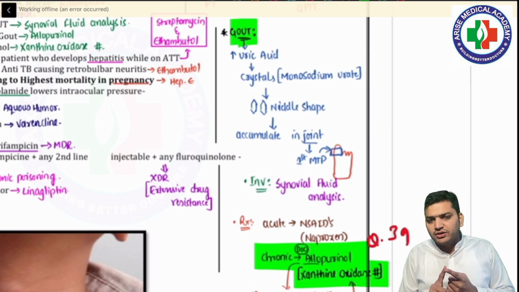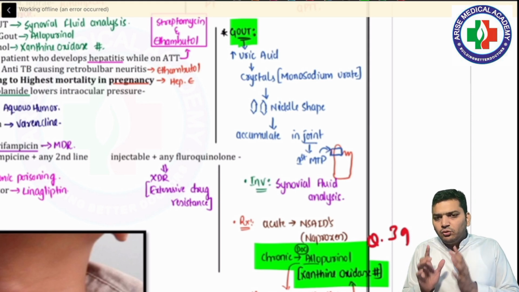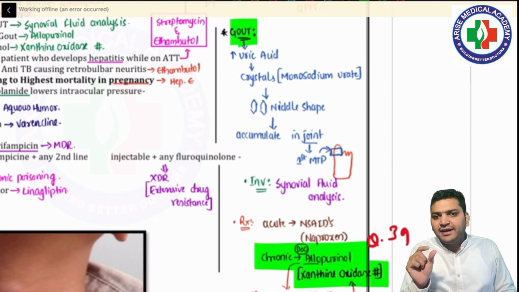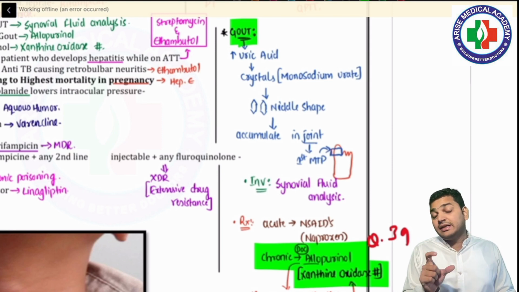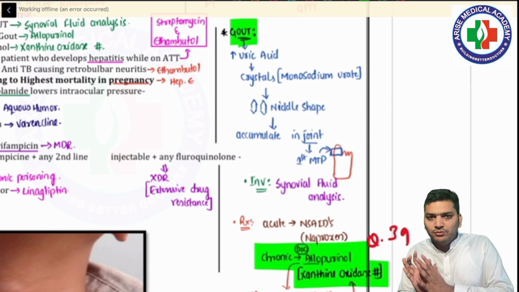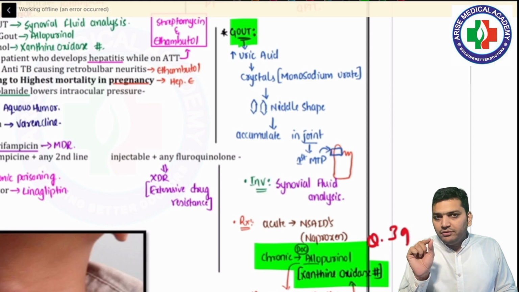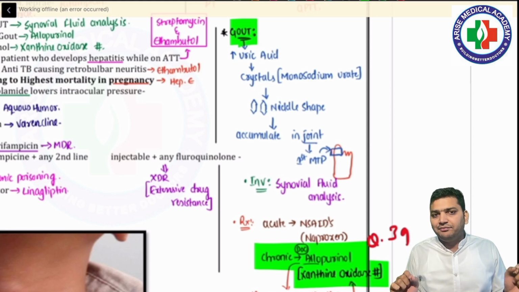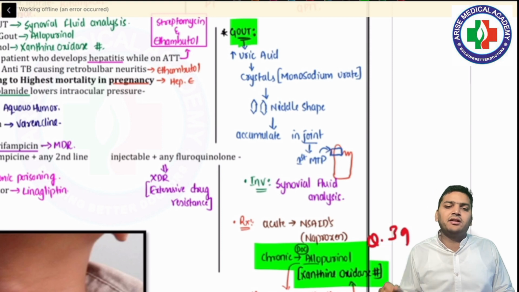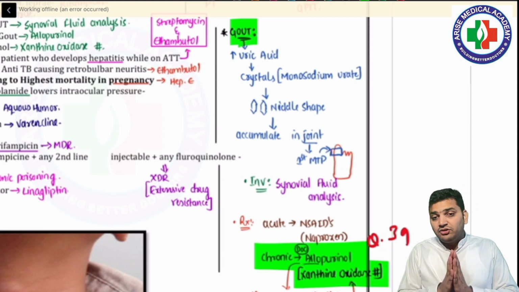The first question was that there is a knee joint involvement, and when the synovial fluid aspiration was done, there were negatively birefringent crystals. See, knee joint doesn't mean that it is always going to be pseudo gout, right? Pseudo gout is positively birefringent. They have clearly mentioned negatively birefringent. Negatively birefringent is gout, the uric acid crystals, right? So the answer was gout.